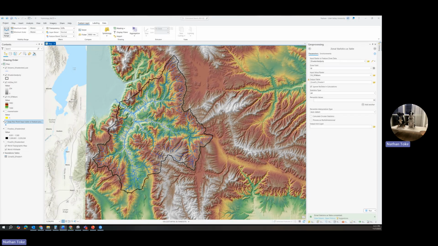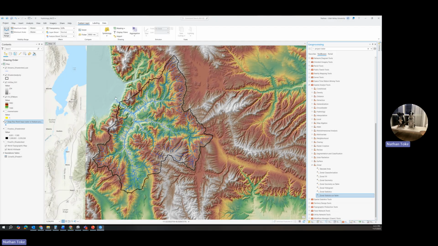And so to do that, basically, we need to separate out what that profile line is that we want to analyze, because there's a lot of lines here. We don't want the topography of all of them, just the trunk stream in this case. We could do any one, but I want to get the main Spanish Fork River, which turns out is an